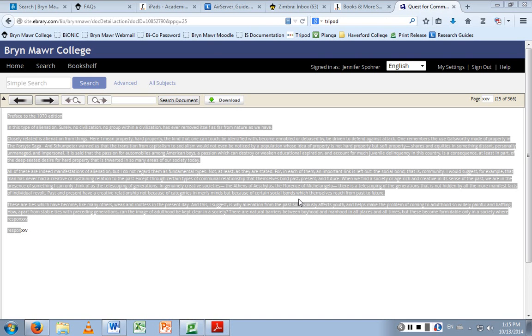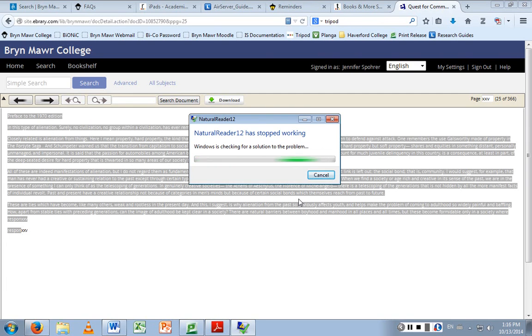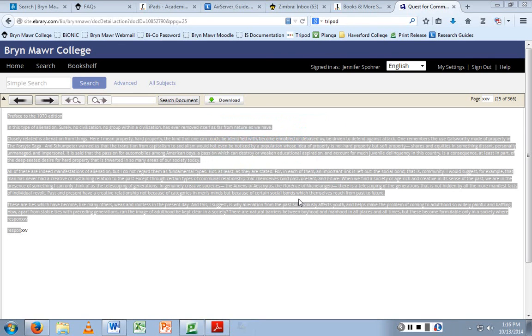But we tried, for example, downloading this file. Download the file, and it's a PDF with the text, like it's been OCR'd and everything like that. But because of the digital rights management, you can't open it in anything but Adobe Digital Editions, right? So you can't open it in the file that could read it to you. And Adobe Digital Editions says, oh, we're accessible. We work with JAWS. We work with this.